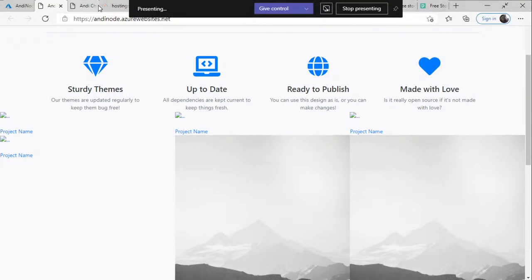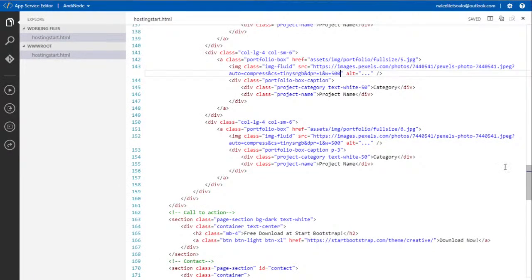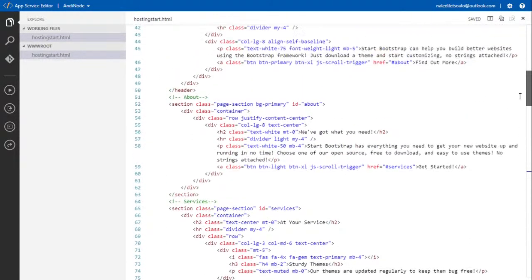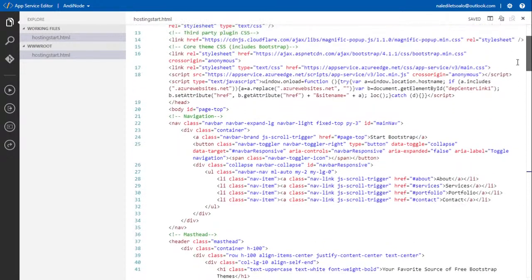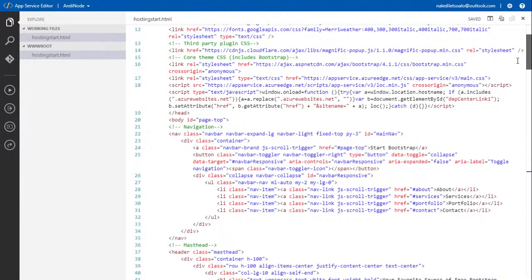All right. And now I want to change some of the text that is on here. I think I need to change some of this text. Start Bootstrap. The guys that are creating this template that we're using. Yeah, let's change it to Andy.